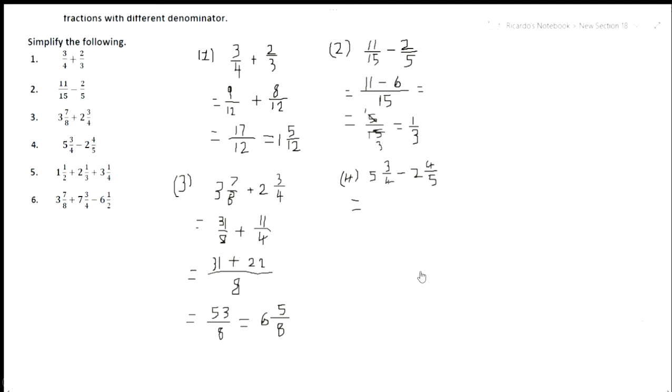You multiply the whole number times the denominator, you get 20, and then add it to the 3, so you get 23 upon 4 minus 10. 2 5s are 10. Multiply the whole number times the denominator, gives you 10 and add it to the 4, that will be 14